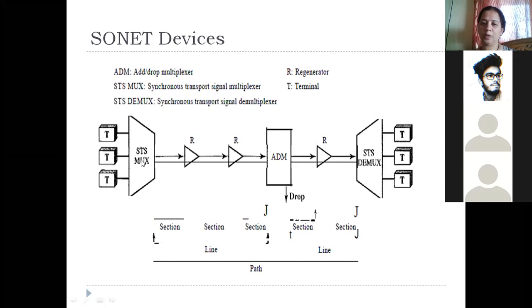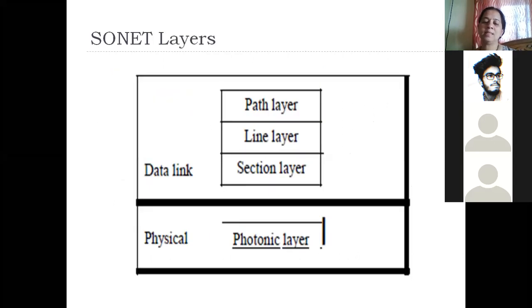What we are going to do is continue this and understand that, just like the OSI reference model has defined its own set of layers, that is 7 layers in the OSI reference model, or the TCP/IP reference model has 4 layers, like that, the SONET standard also has defined 4 layers. Now, what are these 4 layers? Path layer, line layer, section layer, and photonic layer.